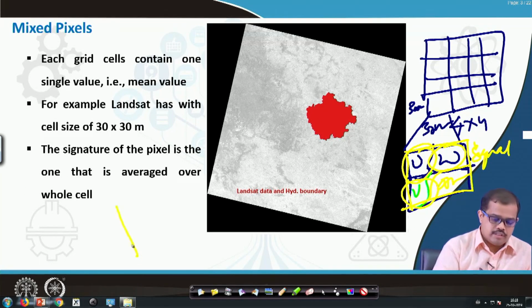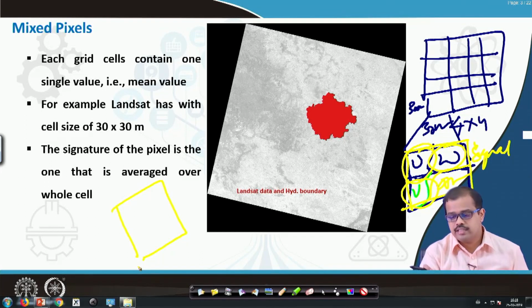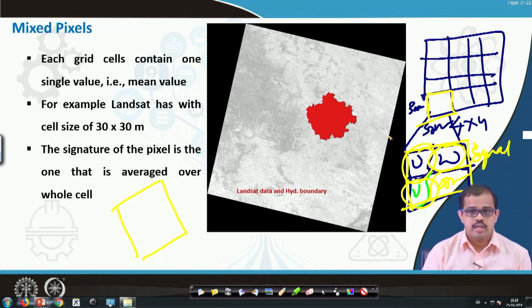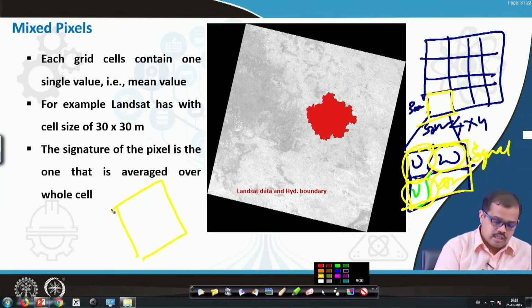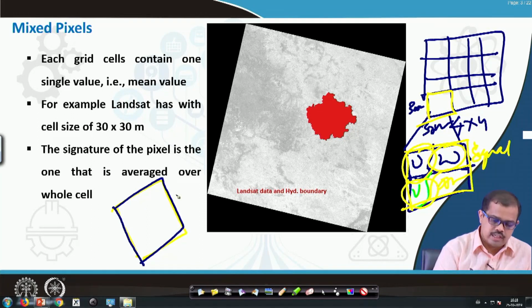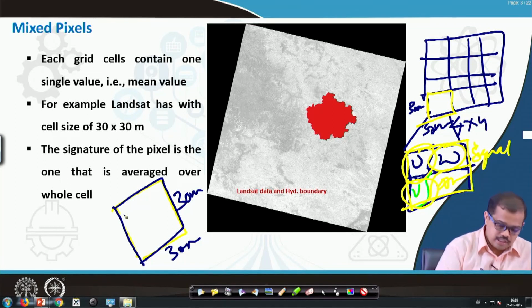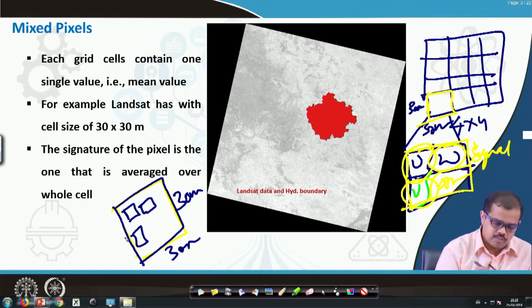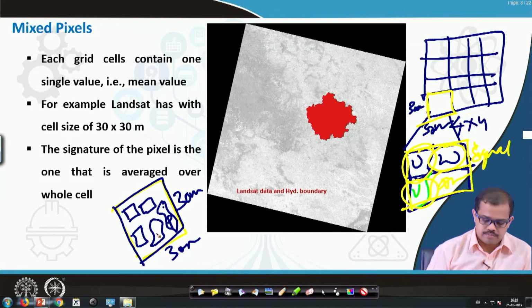Let us say this is your pixel, I am taking just one pixel out of here. If we consider this pixel to be a 30 meter by 30 meter pixel, correct, so if there is, let us say, one building, one more building here, one more building here, there may be a small lake, maybe a very small water body, or even a well. Then there may be a playground. This is, let us say, a playground.